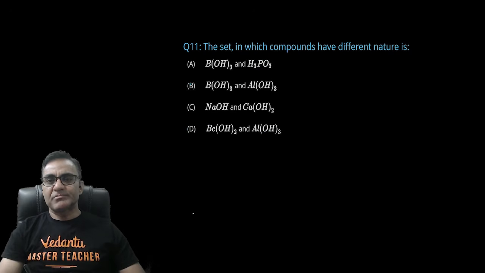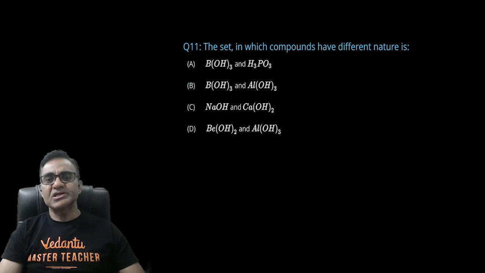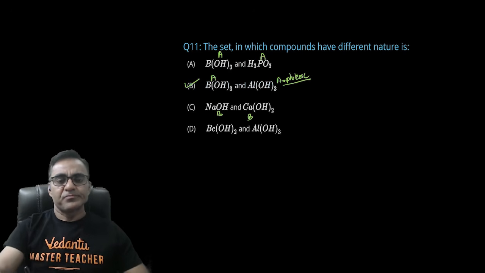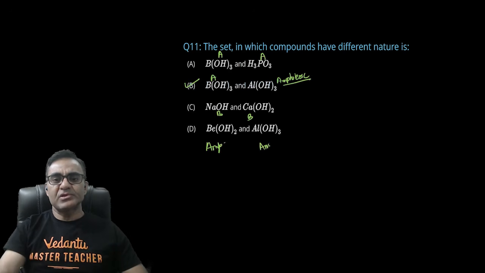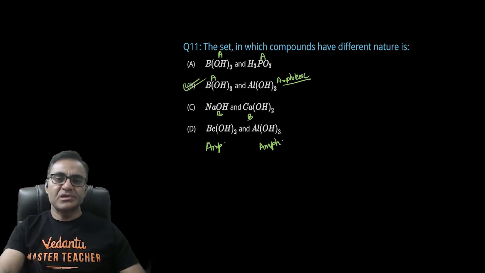द सेट इन विच कंपाउंड हैव डिफरेंट नेचर, आपको इन चारों ऑप्शंस में से ऐसे कंपाउंड के पेयर निकालने हैं जिनका नेचर अलग होता है। देखो ये एसिड है, ये एसिड है, तो ये दोनों का नेचर सिमिलर है। ये एसिडिक है और ये एम्फोटेरिक होता है, राइट। एक्चुअली एल्यूमिनियम हाइड्रोक्साइड के अंदर एम्फोटेरिक नेचर होता है, तो इसलिए आंसर आपका हो गया बी। ये बेसिक है, ये भी बेसिक है, ये एम्फोटेरिक है और ये भी एम्फोटेरिक होता है नेचर में, राइट। तो जो डिफरेंट नेचर का कंपाउंड का पेयर हुआ वो बी ऑप्शन में ही अवेलेबल है, इसलिए बी ऑप्शन आपका करेक्ट आंसर हो गया।